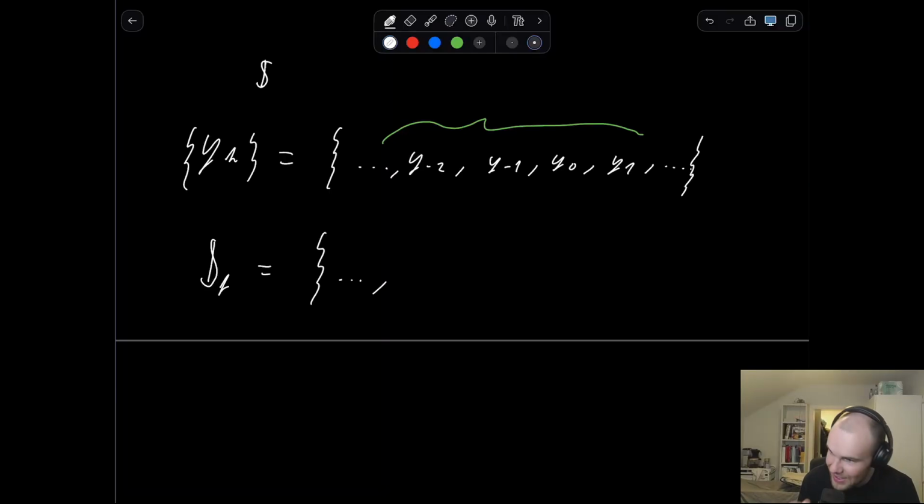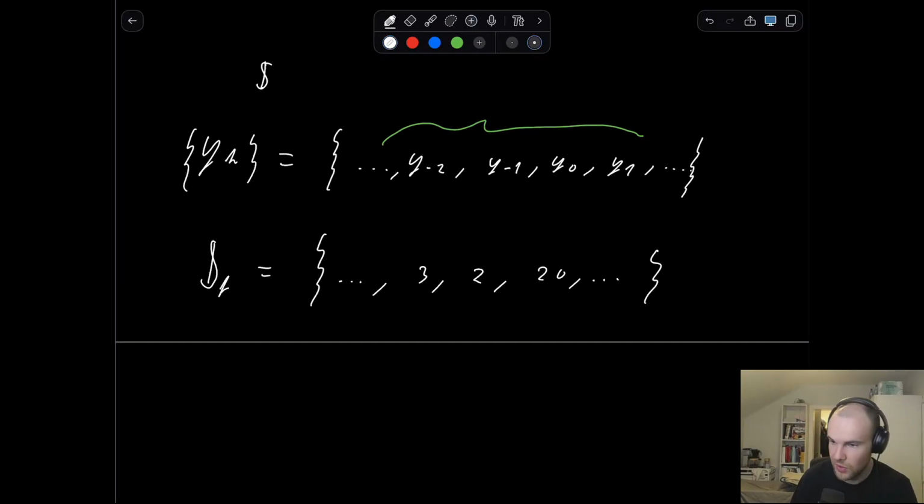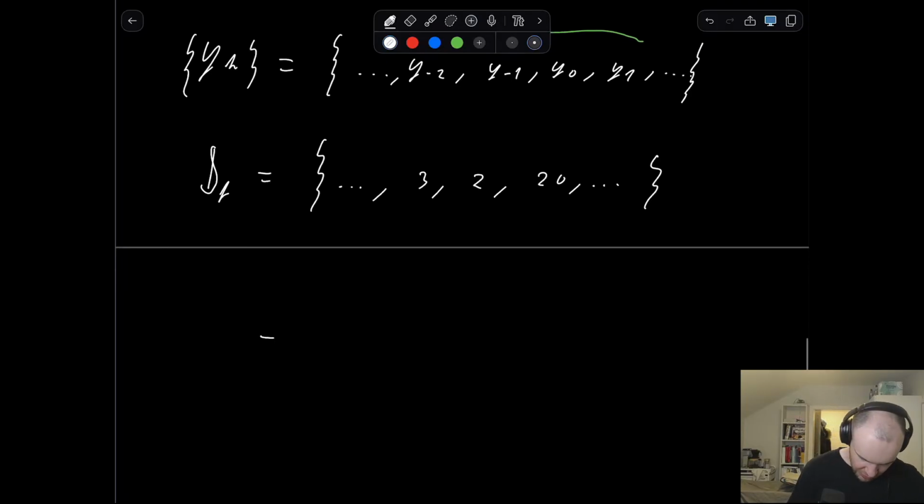But there's a finite amount of non-zero numbers. That's the difference from this one. So let's say y minus 2, and to make this clear, maybe 3 to 20, for example. And maybe the rest is just 0. These are the only ones, so there's a finite number of non-zero numbers. Since there's a finite number of non-zero numbers, of course, there can only be 0, 2, which means that we can